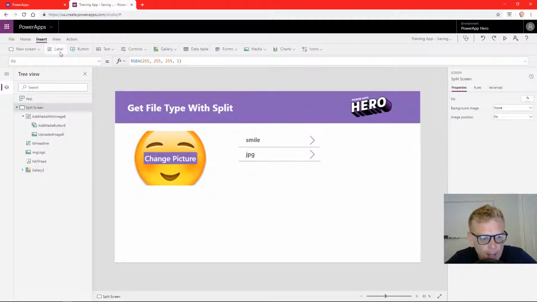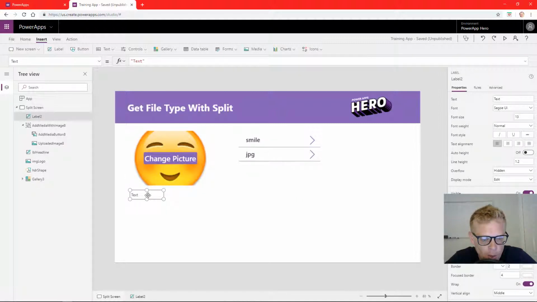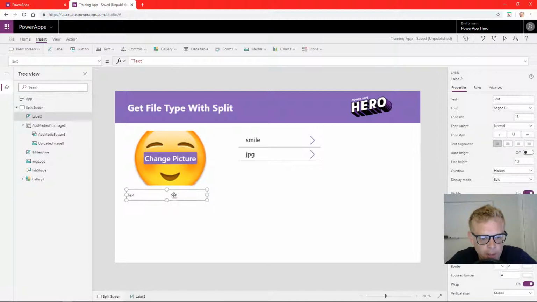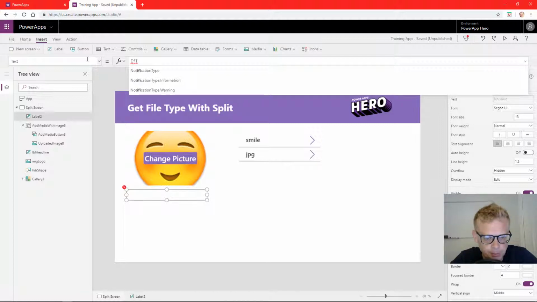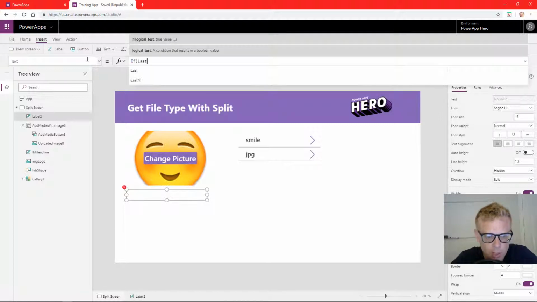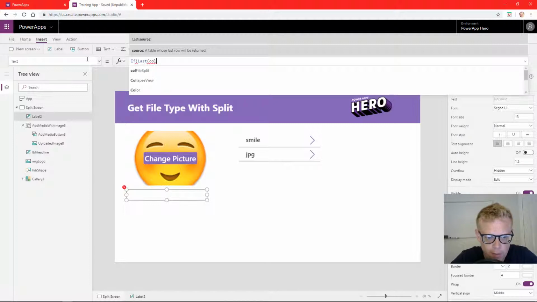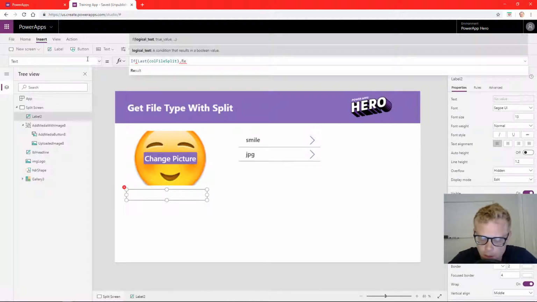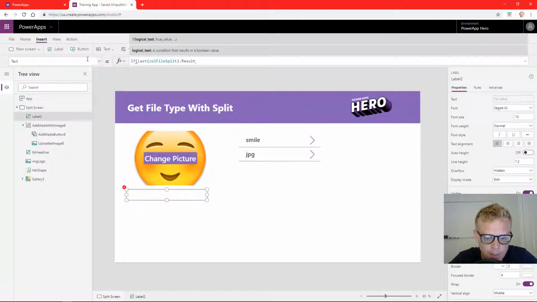Let's add a label. I want to display a message to our users that they have attached an appropriate file. Within the text property, I'm going to type in an If statement. If Last, FileSplit dot Result. So we're getting the last item in this collection. If it equals lowercase jpg,